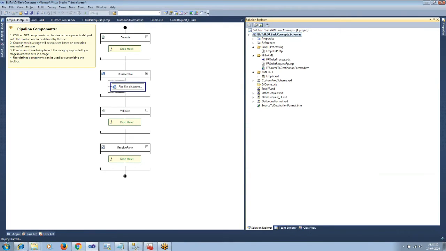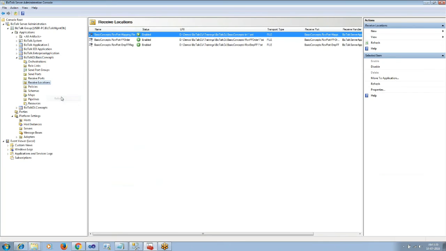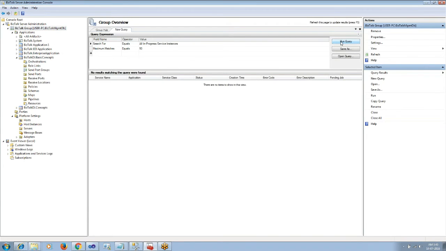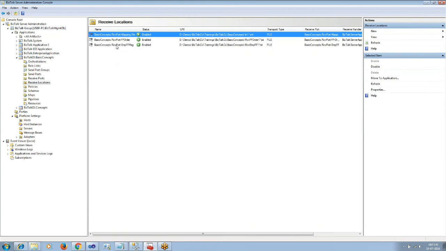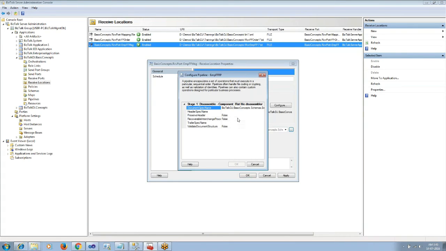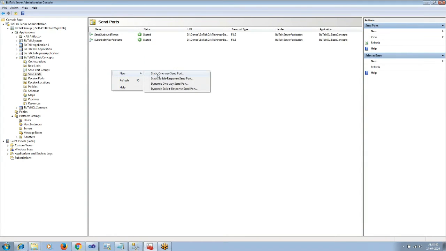Let us build and deploy the solution. This time we will do a message based solution. I have created a receive port to receive the employee message. So I will use the employee receive pipeline in the receive port, which has the disassembler component for disassembling the employee flat file message.